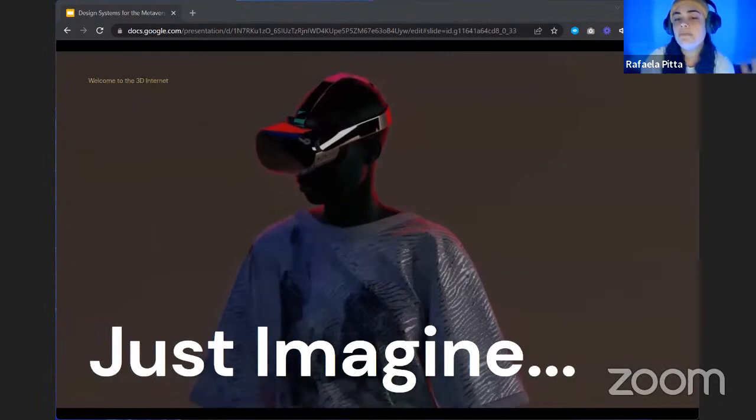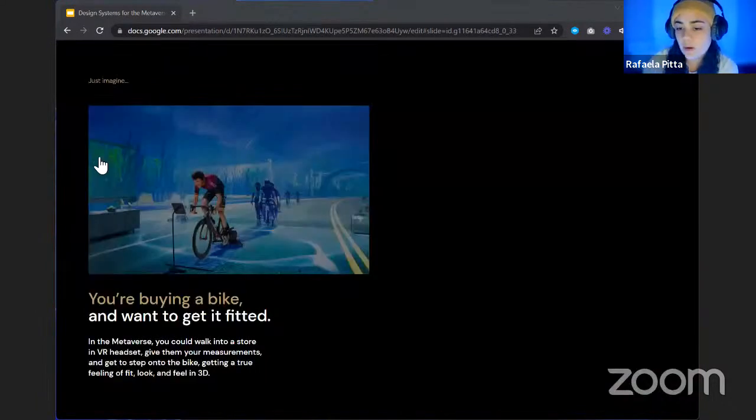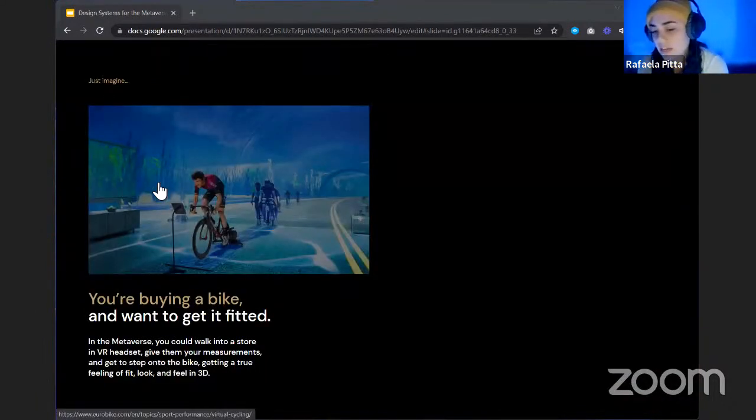Let's imagine that we're buying a bike and we want to get fitted. And we have the whole space using a VR headset. I actually have one here that I can show you. It's an Oculus. You can have whatever VR headset that you want, but having one allows you to enter this metaverse.